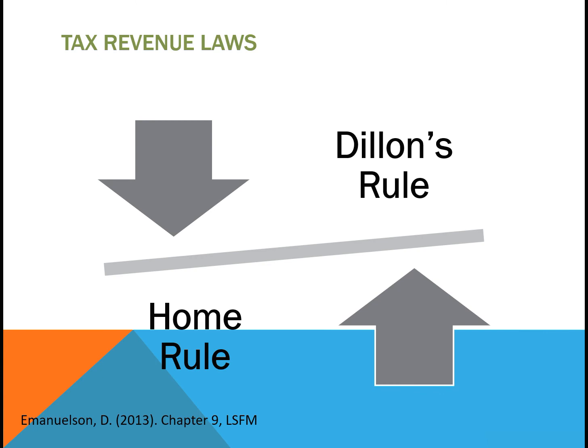At the local level, we also have to consider how tax revenue laws differ. There are two different types of revenue laws. One's called the Home Rule and one's called Dillons Rule. On the next slide, I'll go through what these mean. But basically, Dillons Rule, if you're a parent, would be,